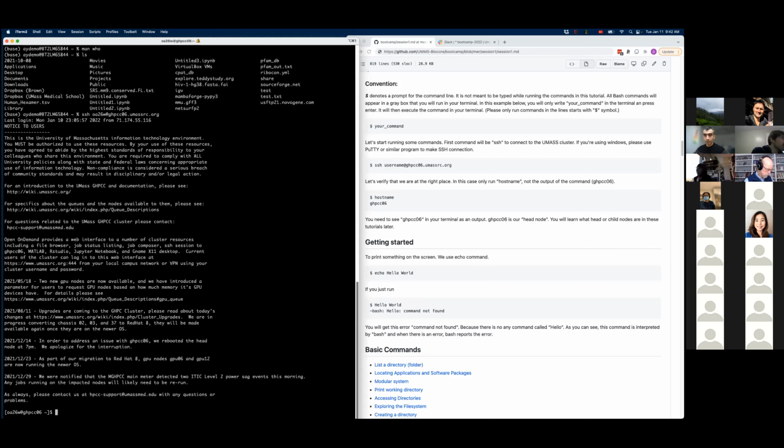I have a question. Yeah. First, when I hit ls, it gave me Galaxy. And then when I did SSH, my KB42W@GHPCC, this is UMass RC, right? But if you see Galaxy there, it means you already connected.